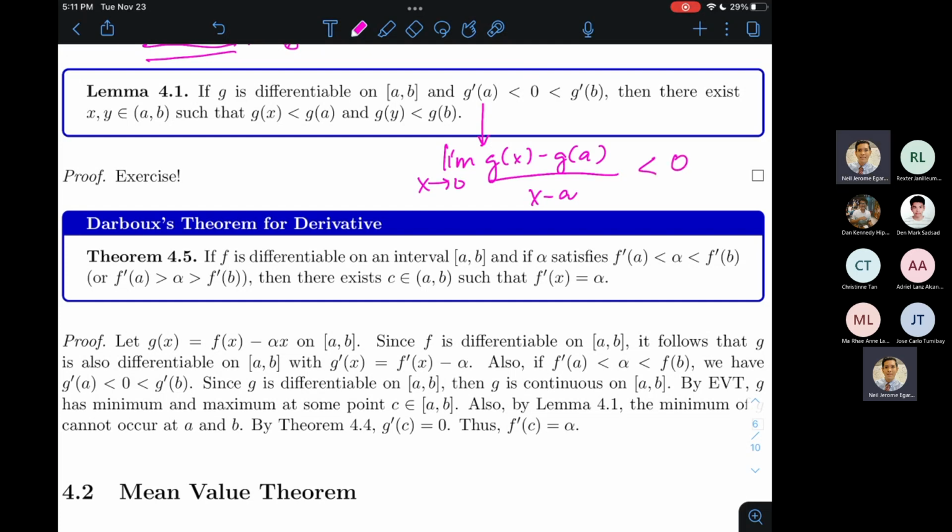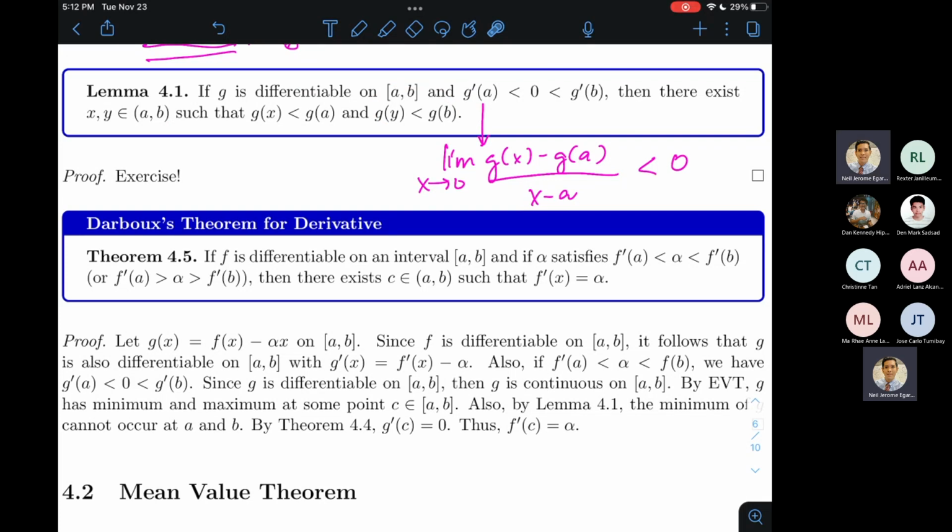And then look at what you can say about g of x and g of a, knowing well that x belongs to the open interval AB. So si x ay mas malaki kesa kay a, so this guy would be a positive number. And then look at what will happen here. Okay, is it possible that g of x is greater than or equal to g of a? I don't think that will happen because we know that the limit will be negative. And again, the denominator is known to be positive, then that's fine. And then you can argue in a similar fashion to establish the other inequality.